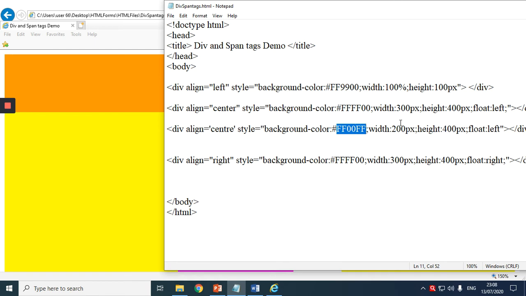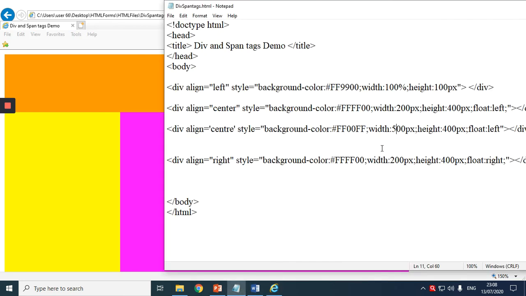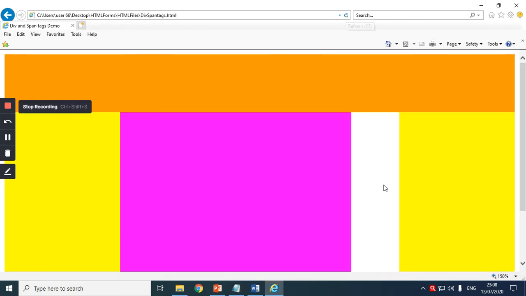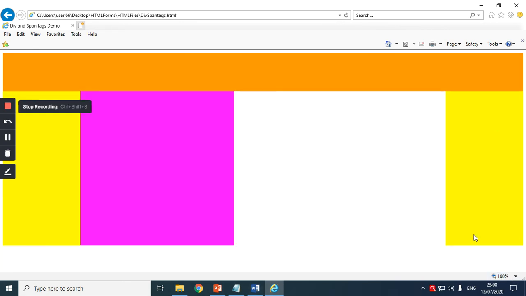Height is 600. We can change the width here as 200, here as 200 and maybe here as 500 and let us see. Okay, it is bigger. So let us change it to 400 and observe the output. Okay, so between 400 and 500. I need to change the size also.